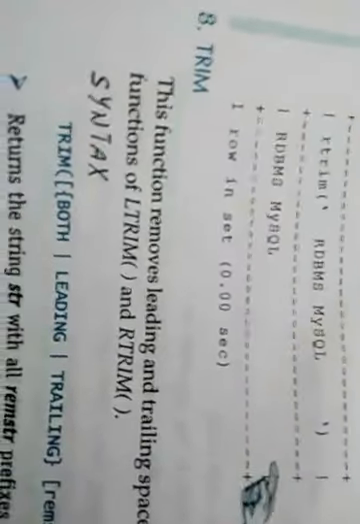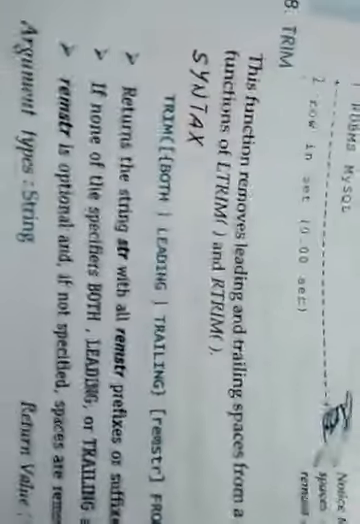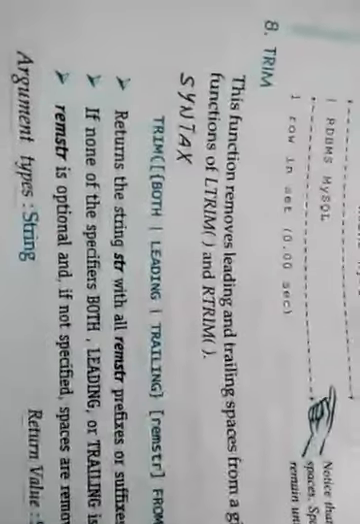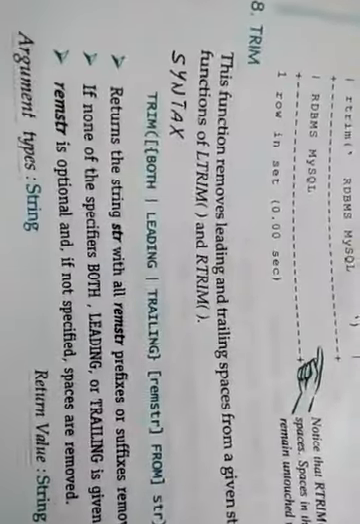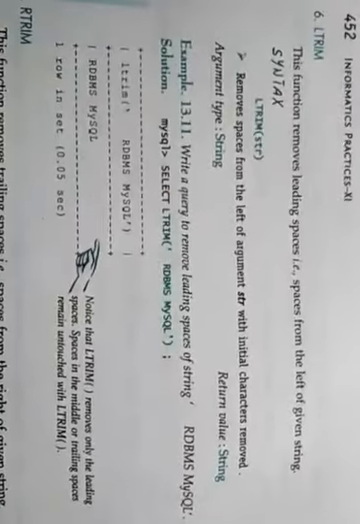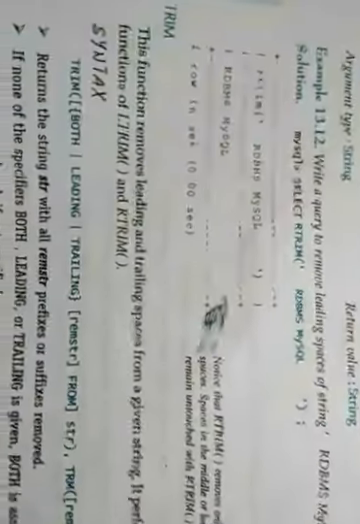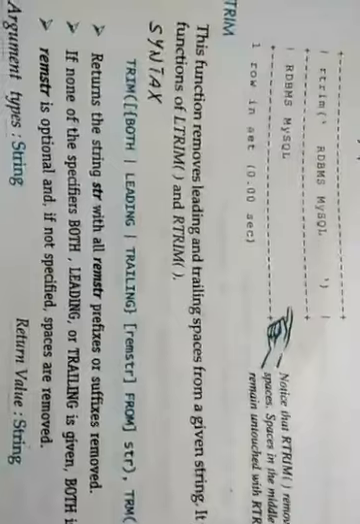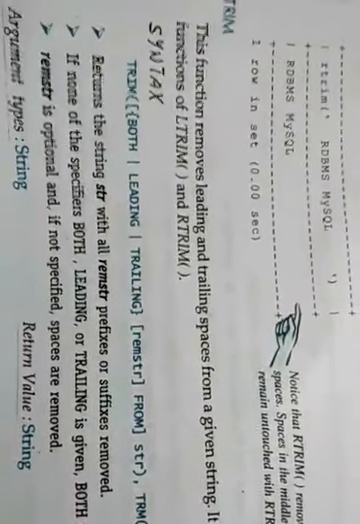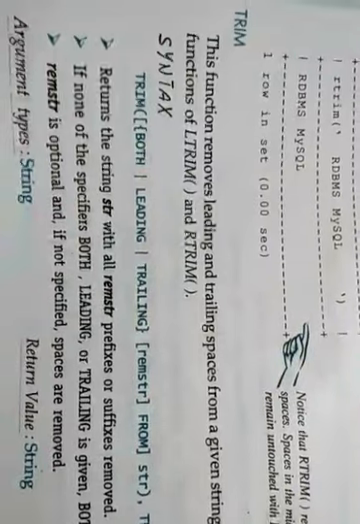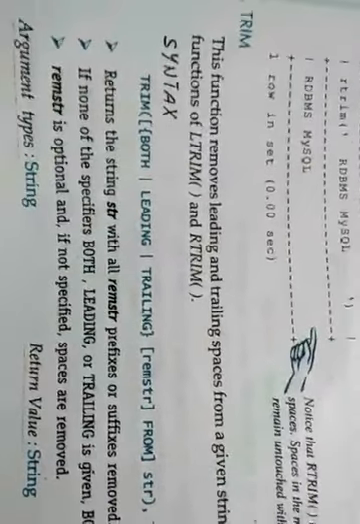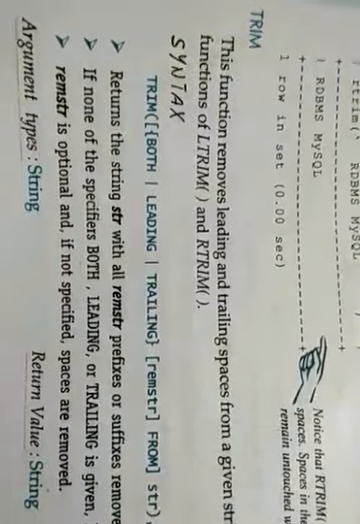And the next function is the TRIM function. The TRIM function is used for removing the leading and trailing spaces, or we can remove the spaces from both hand sides by the TRIM function. So there are three types of trim. First is LTRIM, used to remove the spaces from the left hand side. Second is RTRIM, used to remove the trailing spaces. And third one is TRIM, with which we can remove the spaces from both hand sides, or we can also remove the spaces from the left hand side by the keyword LEADING, and by the keyword TRAILING we can remove the spaces from the right hand side.